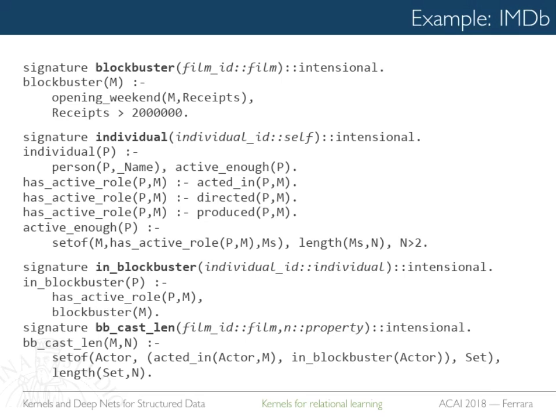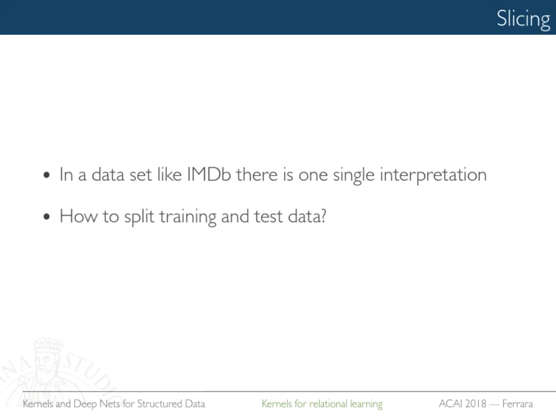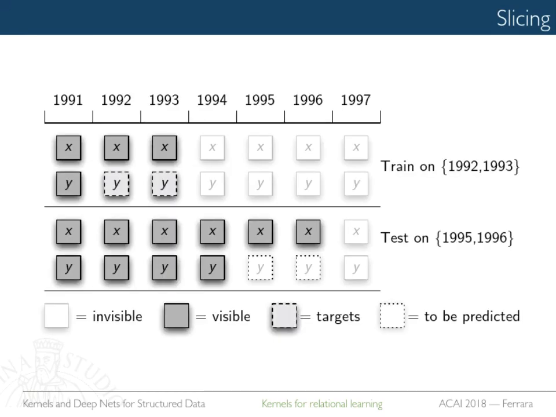And you can do the same for directors. You can do the same for producing companies, for special effect companies, maybe for the editor, for whatever, right? And then you go and do your prediction. Actually, the data is split in this way, right? When you train, you have to train on past movies, and when you test, you have to go to the future.